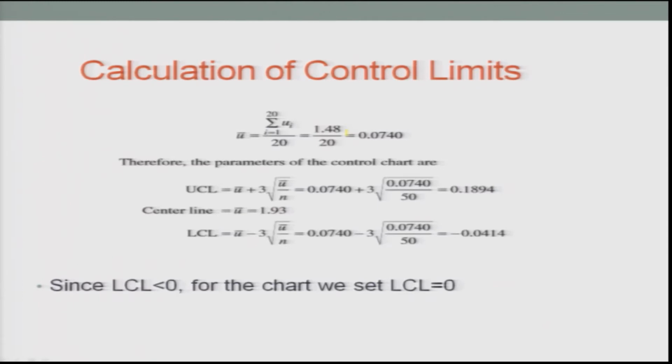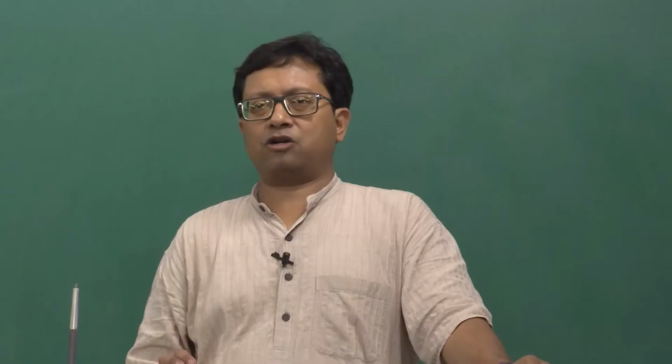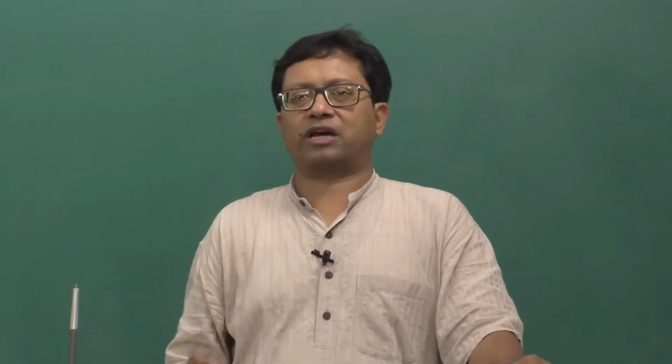So once you do the calculations for the control limits, you find u bar, which comes out to be 0.0740, and based on that you find the upper control limit and the lower control limit; the values come out to be 0.1894 and minus 0.0414. Now here we have made an assumption: if the lower control limit is negative or less than 0, we will consider it as 0. So based on that you find the upper control, lower control and central line and do the calculations accordingly